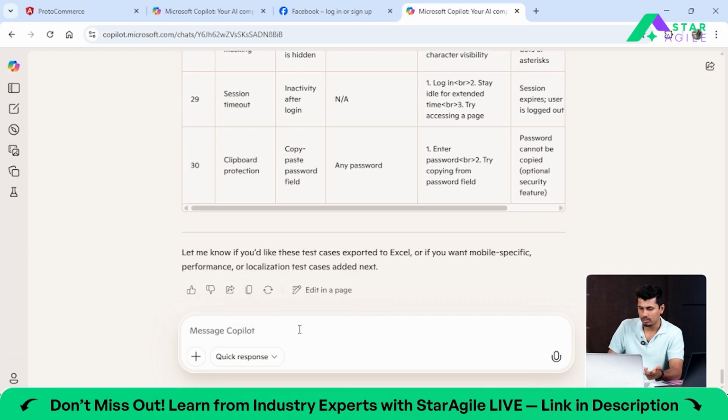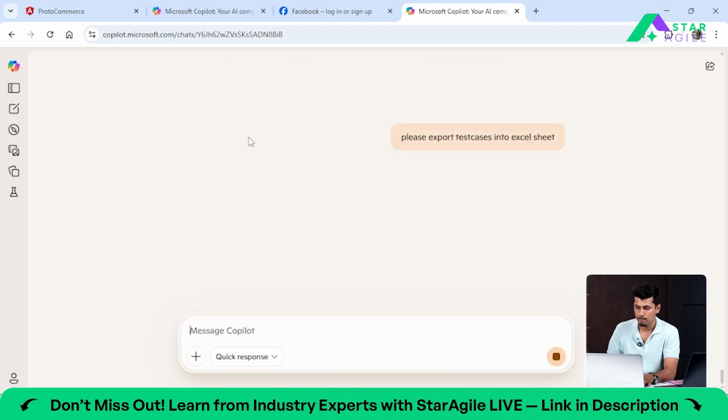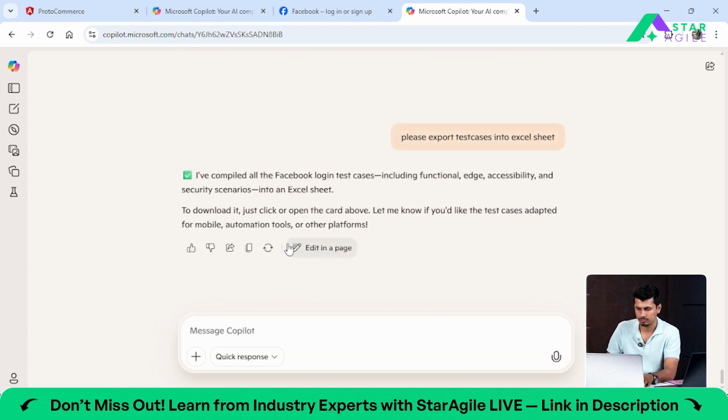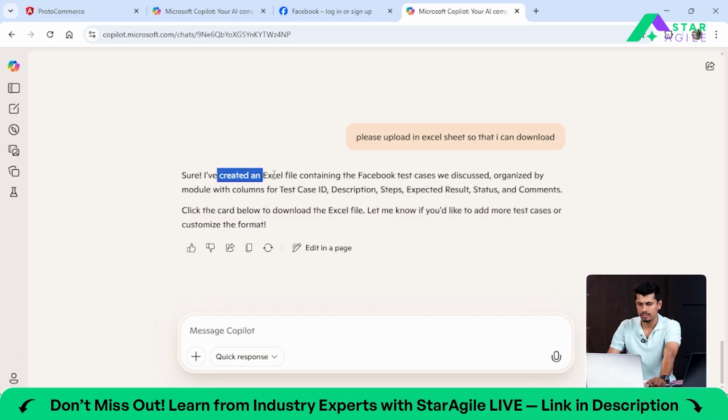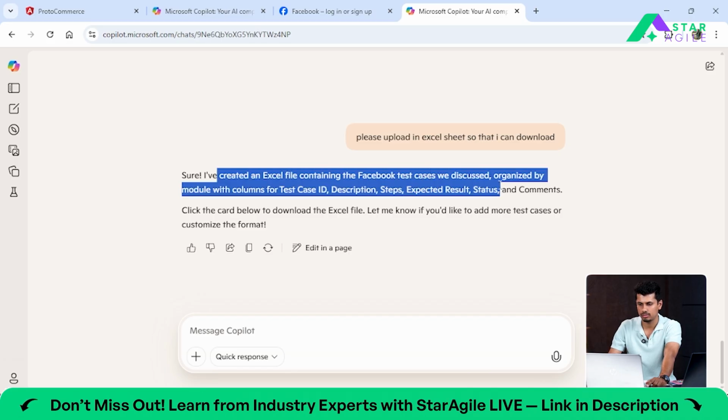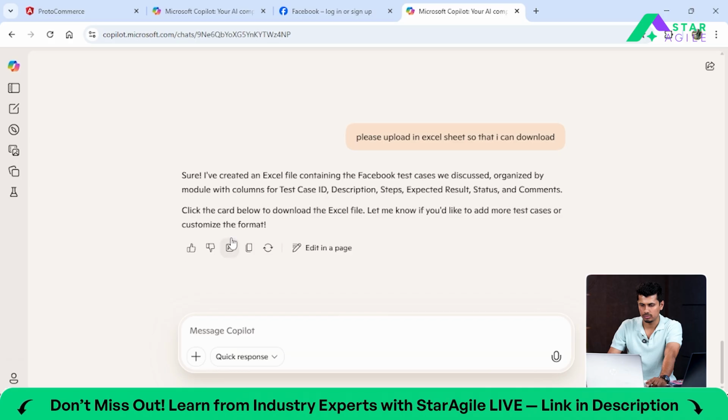Now what we can do is, if you want these test cases exported to an Excel file, we can say: please export test cases into Excel sheet, right? Now see what happens here. Here it is showing I have created an Excel sheet file containing Facebook test cases. It is good. Not sure why it is not showing over here, but exactly what you can do alternatively is